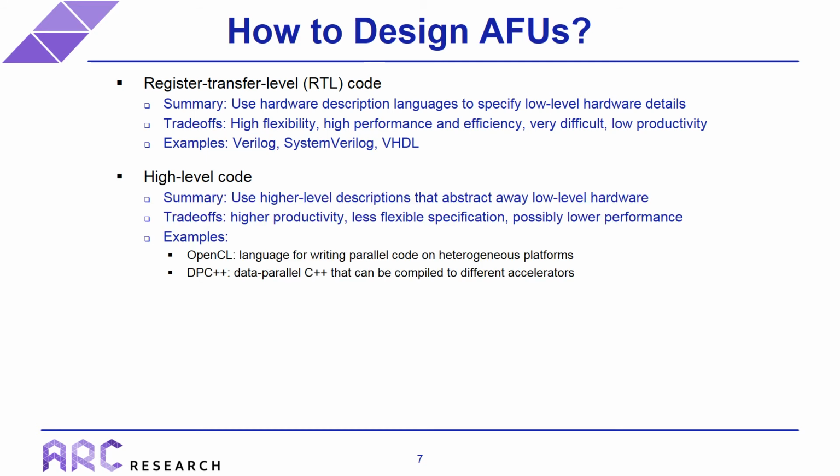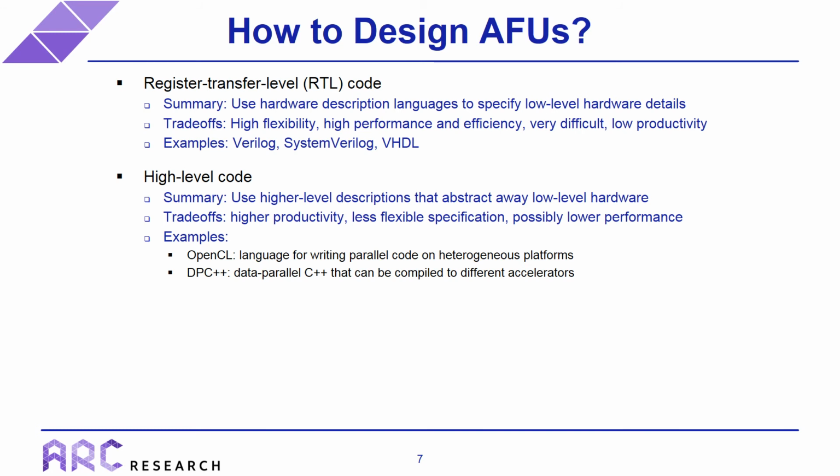So moving up one level of abstraction, Intel provides several different high-level code design entry methods. The idea here is just to use higher level languages that are similar to C, things that software developers are already used to coding in, that abstract away the details of low-level hardware. So the trade-offs here are that you're going to get a lot higher productivity, at least in most cases, compared to RTL code. But because higher level code isn't as flexible in terms of specifying the exact characteristics of hardware,